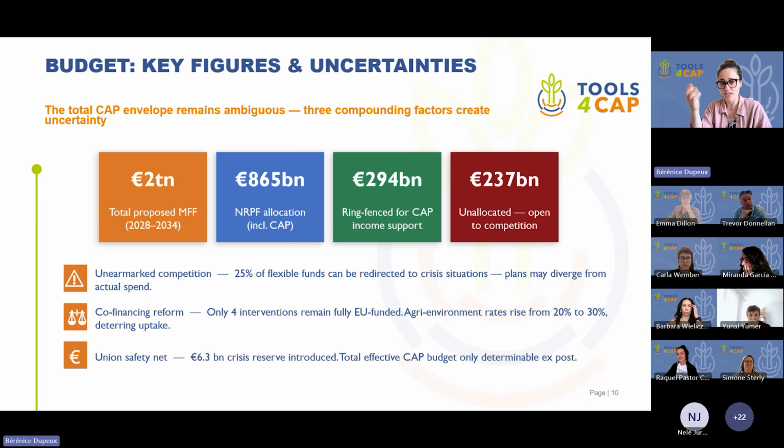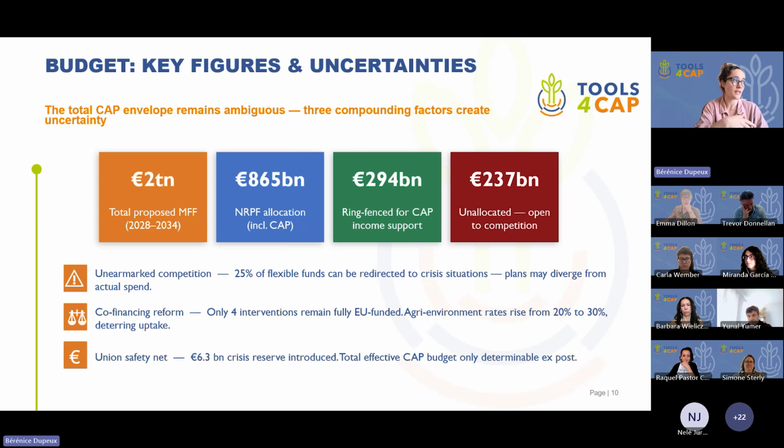Only 4 interventions remain fully co-financed. For others, such as the agri-environmental payment, the rate of co-financing is proposed to be increased. Therefore, we can wonder if some member states, due to financial constraints, will rather favor fully financed EU interventions instead of interventions that do require co-financing. And finally,